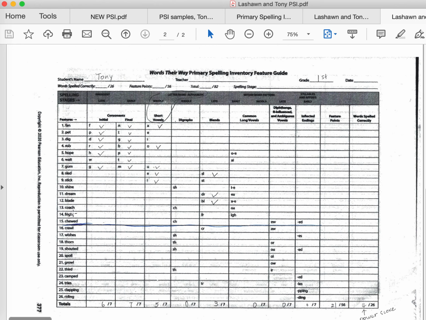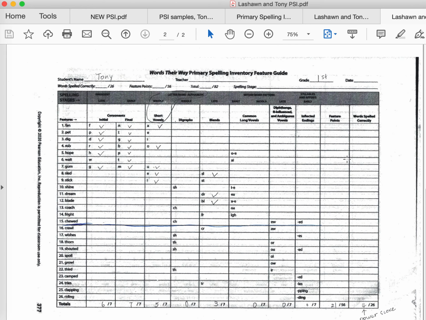Note, there's a line here. Teachers often draw a line beneath the final word that the student attempted to help them remember how many total words were spelled for an assessment. As we look at all other columns,